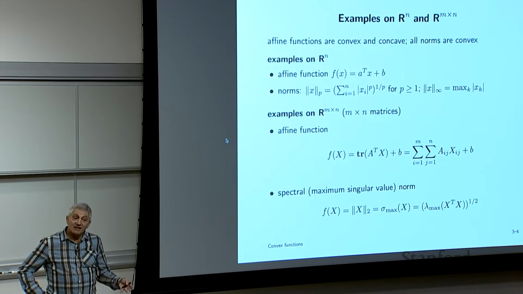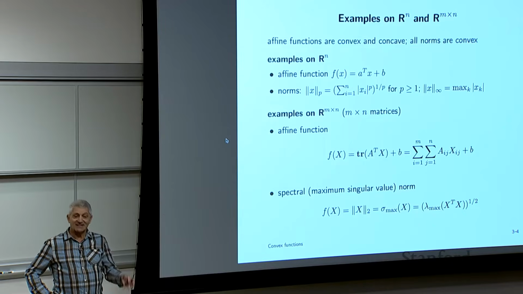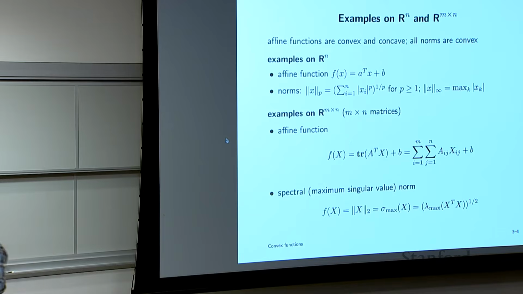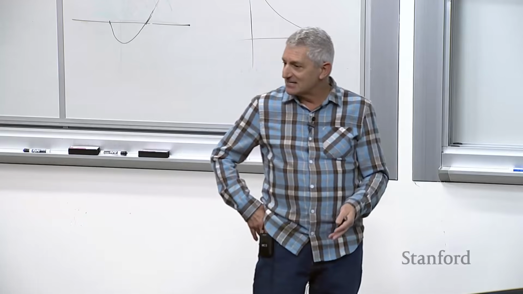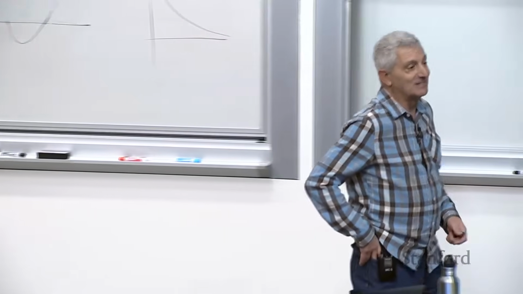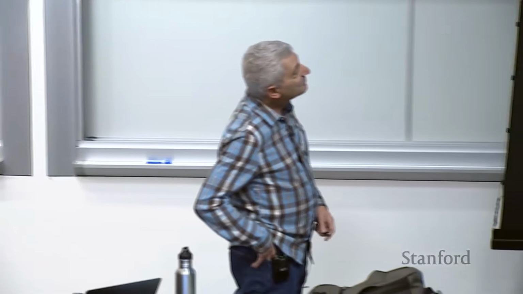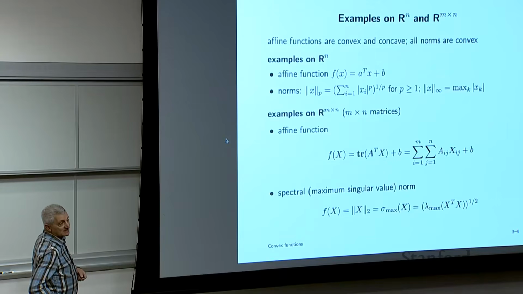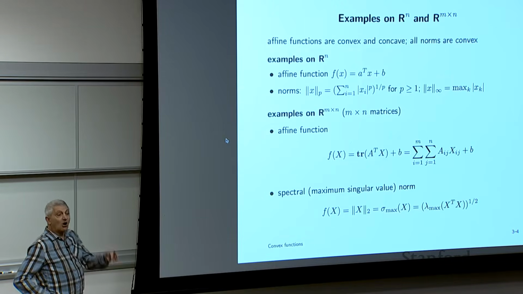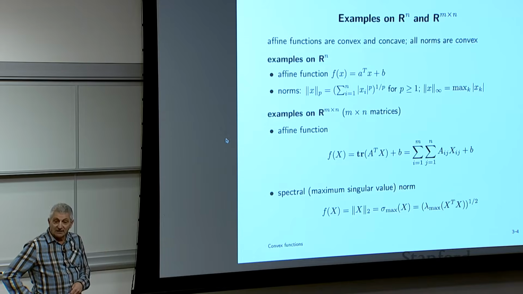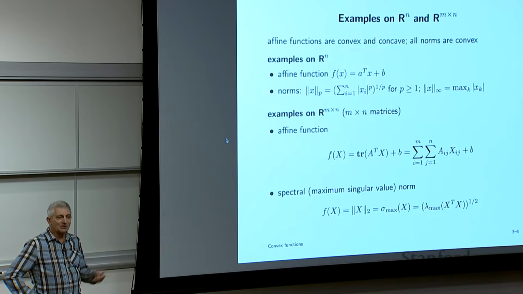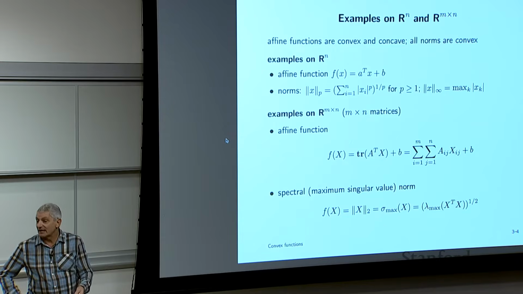But the point is, these are convex functions. That's actually the point here. Somebody has to show that, and we'll quickly see ways to do it later that are quick and painless. But technically, somebody has to show this. Okay. Now, we'll also look at functions sometimes on matrices. That means the argument of a function is a matrix, like, for example, the determinant of a square matrix, or the trace of a matrix or something like that.